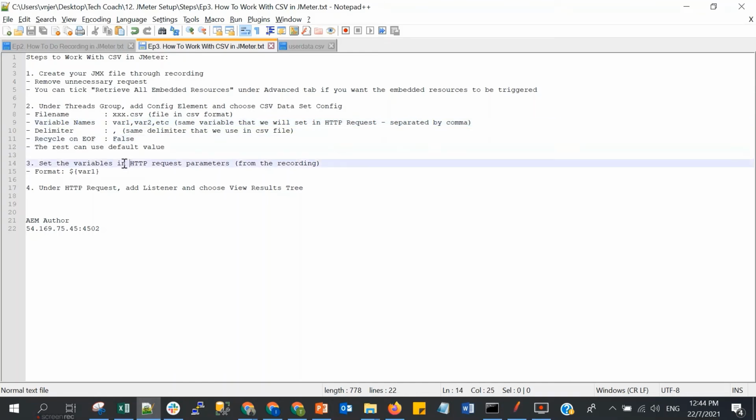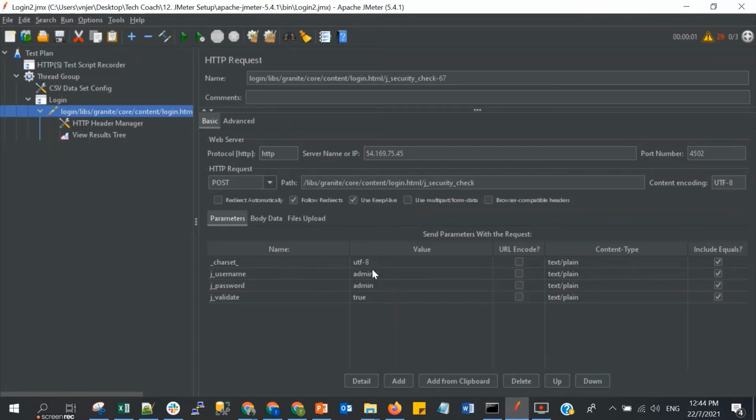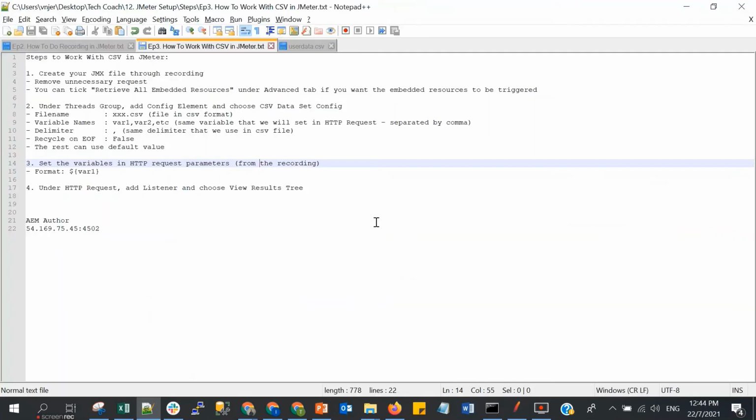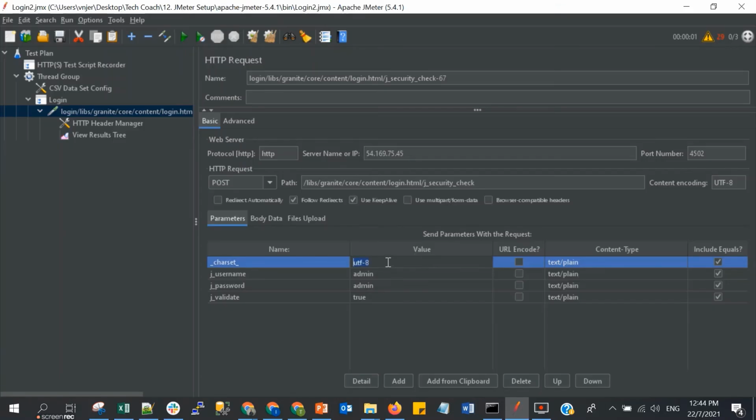The third step, we need to set the variables in the HTTP request parameters from the recording. Earlier we put the values straight, but since we are using the CSV Data Set Config, we need to change this to the parameter names. The variable format is dollar sign and curly brackets.